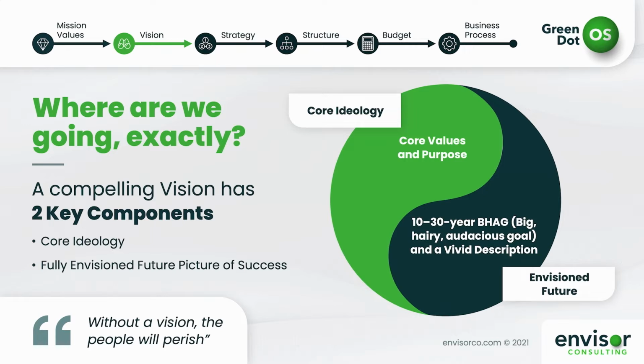The mission and the values of an organization, the value system that the organization stands on, is a big part of the ultimate vision. The second piece is the fully envisioned future picture of success, and he uses a term which is kind of strange called a BHAG. Which is a big, hairy, audacious goal. Right. And it's a forward-looking, aspirational goal that should be compelling and at the same time hard to achieve but attainable, if that makes any sense. So vision in Jim Collins' mind is really 2 pieces: ideology and a big, hairy, audacious goal,